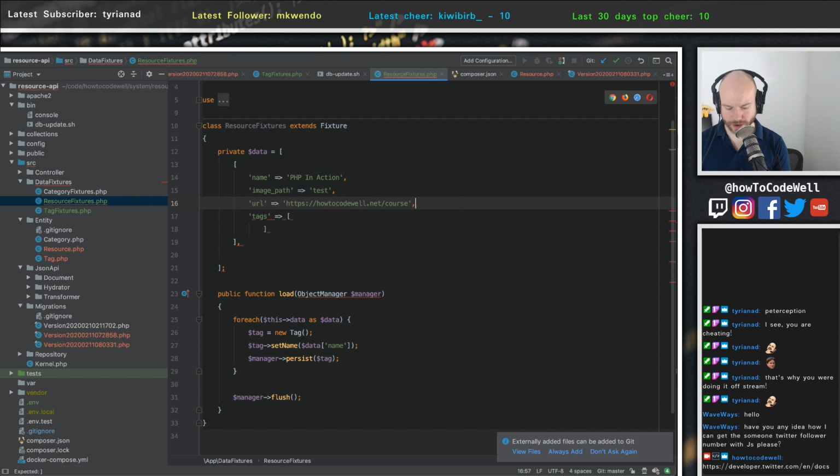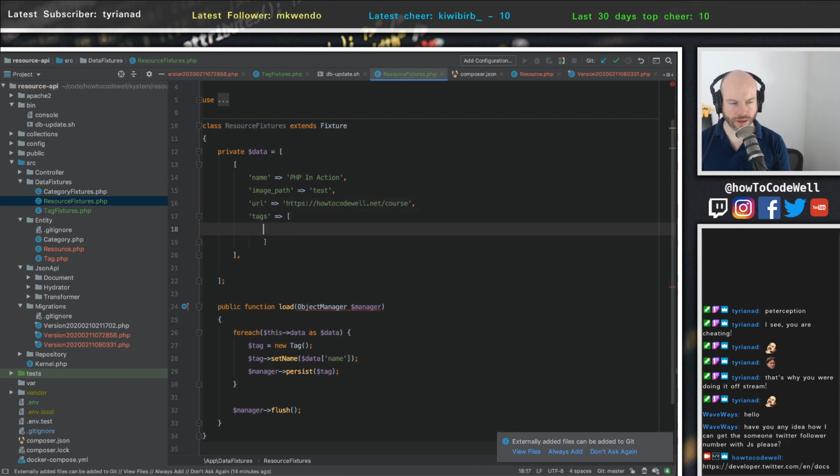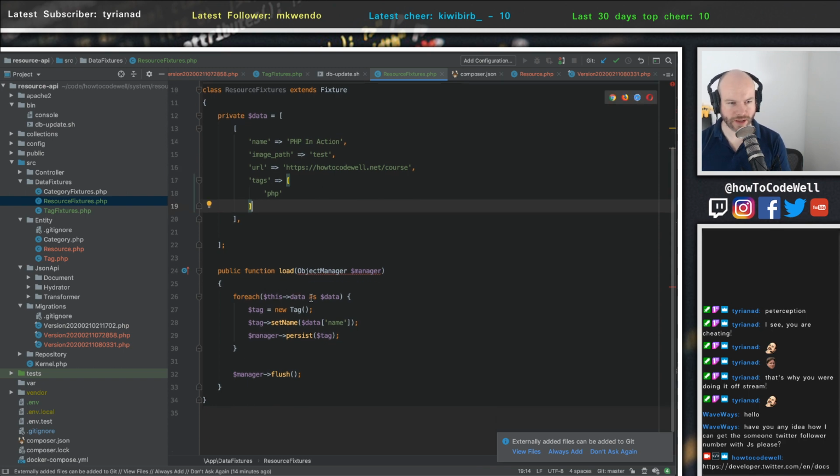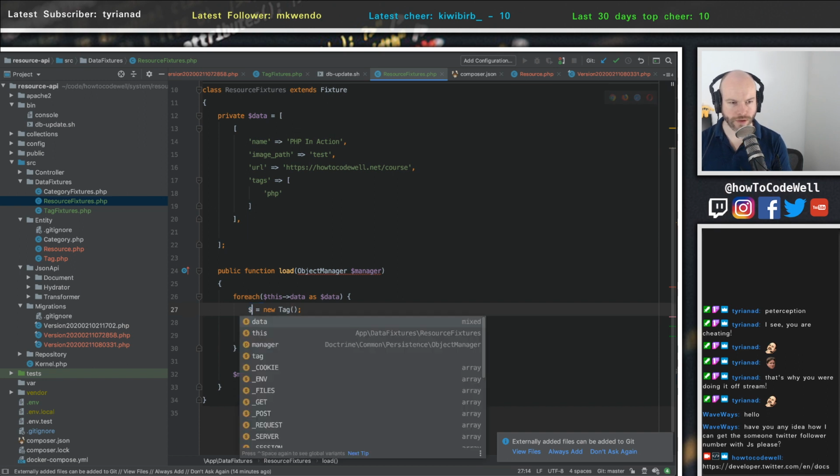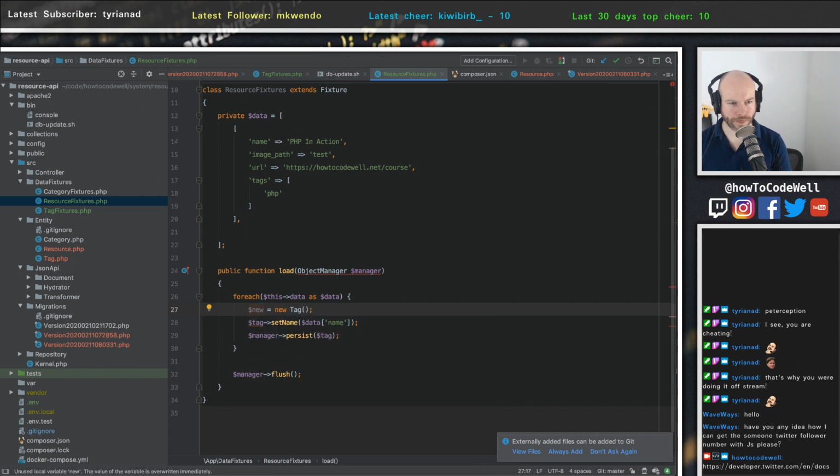Whoops, we need to put that in there. So this is PHP as the tag. Okay, so we'll do foreach this data as data. We'll create a new resource. So resource here is equal to a new resource instance,